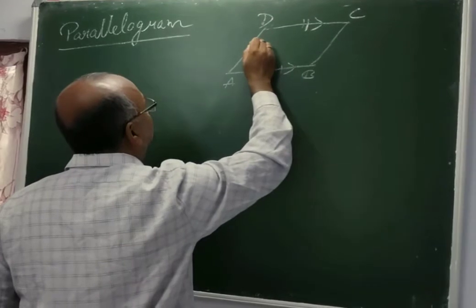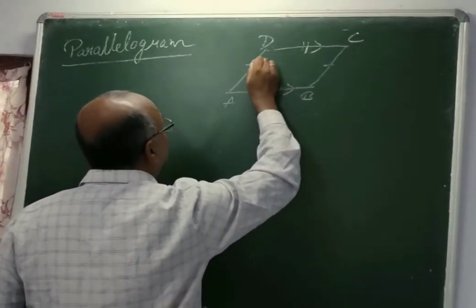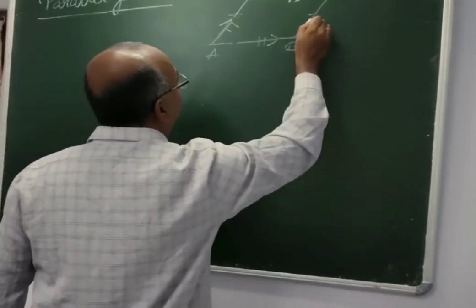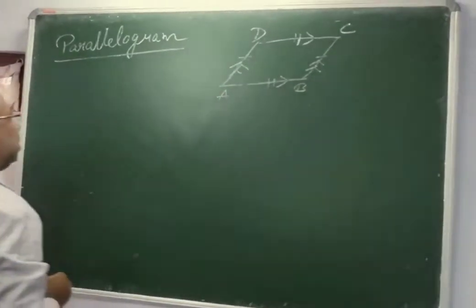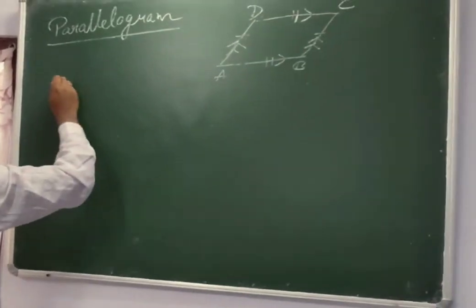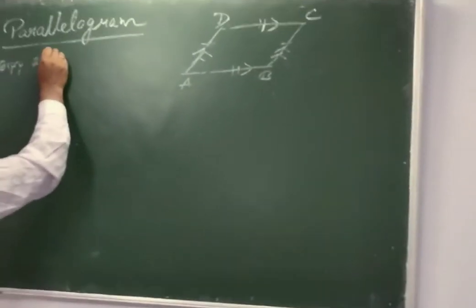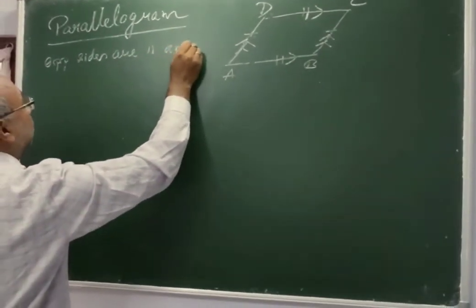These two are again equal and parallel. See, this way, parallel, parallel. But the angles are not 90 degrees. I said, for any quadrilateral whose opposite sides are parallel and equal,